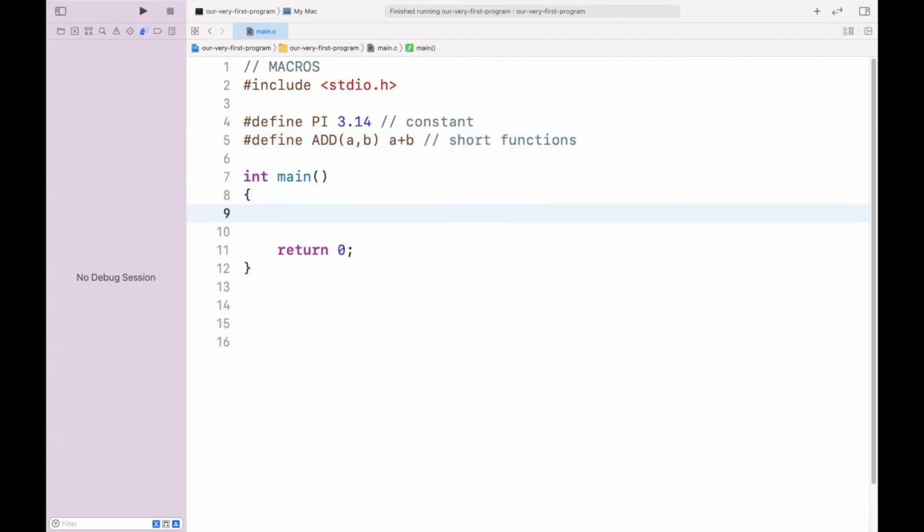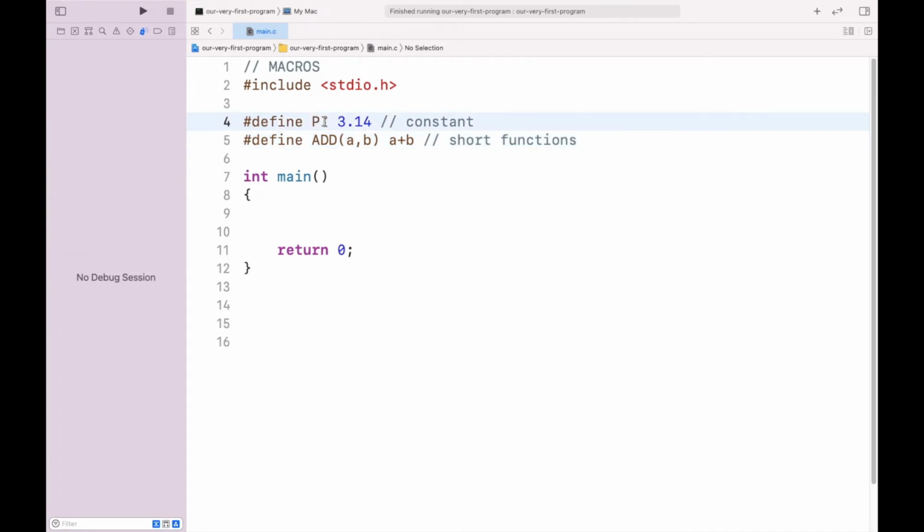Here we have defined a constant PI using hash define, and in the program, wherever the compiler encounters PI, first of all before compilation, not after or during compilation, all these PIs, capital P and I, are replaced. This is the naming convention.